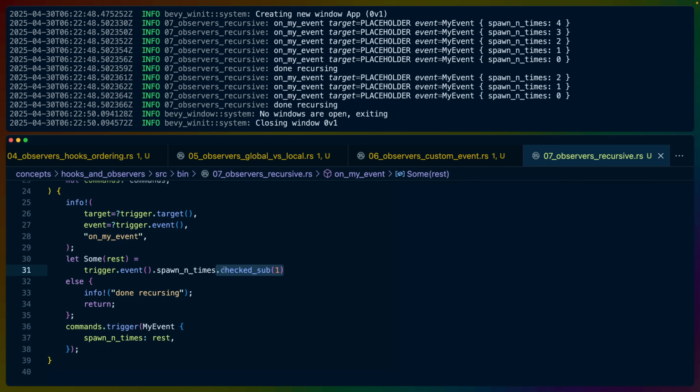So since this is a usize and we're going to subtract 1, if we hit 0 and we subtract 1, that would underflow. Checked subtraction allows us to check to see if that's going to happen, and if it does, then we'll just stop. We'll return from the function. This is important because what we're actually going to do here is recurse, and we're going to recurse by triggering